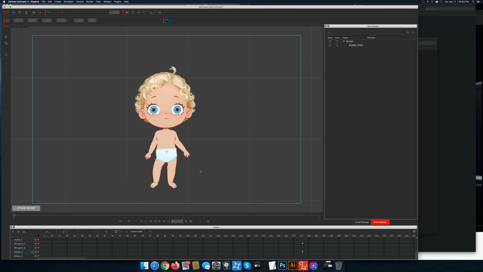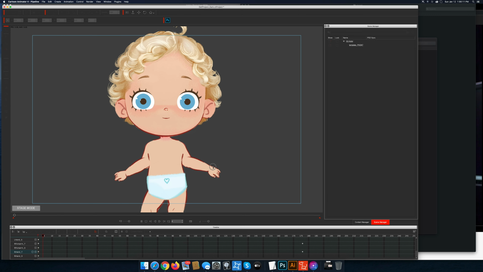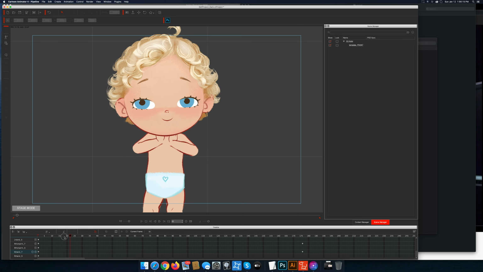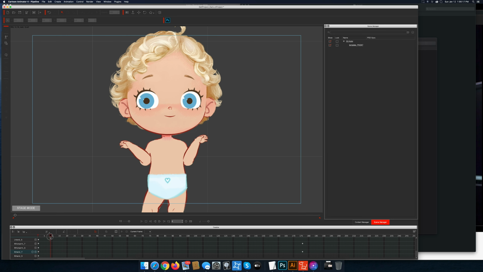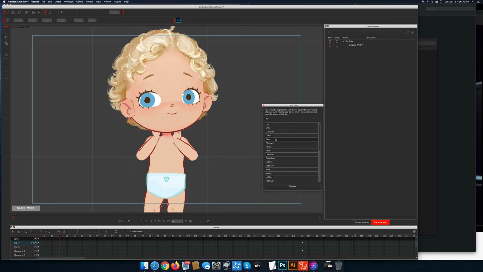So now we have a baby. Super cute. One thing I noticed with the hands, I think the hands are not proportioned correctly. So you can see the sprites change. But as soon as it gets to here, they change there. I think what we need to do is first make sure they're